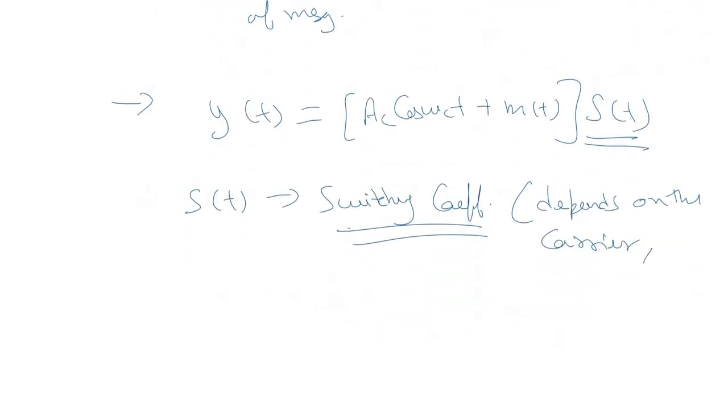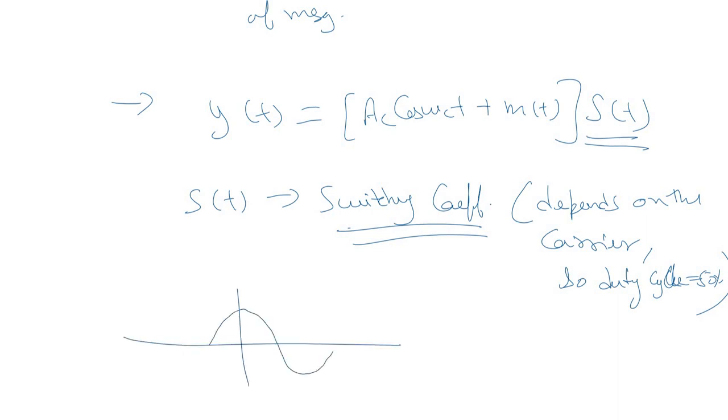So the duty cycle for this will be 50%, because we know carrier is a sinusoidal waveform, rather a cosine waveform of such form, right? So the polarity is positive for 50% of the time period only. So for this duration the diode will be on or forward biased, and for this duration the diode will be reverse biased or in the off condition. So depending on the polarity of the carrier, the diode will switch either in the off or in the on direction.